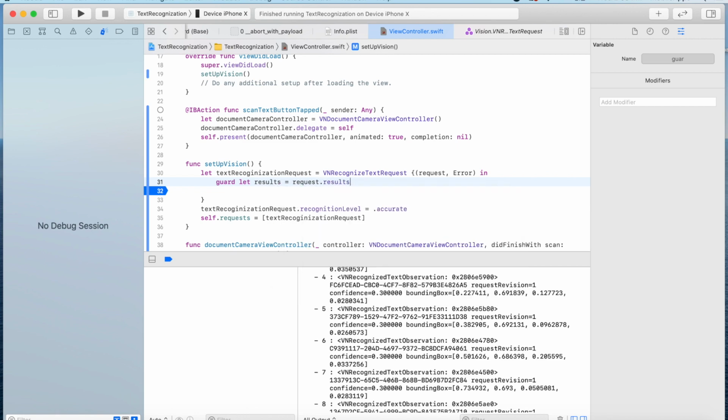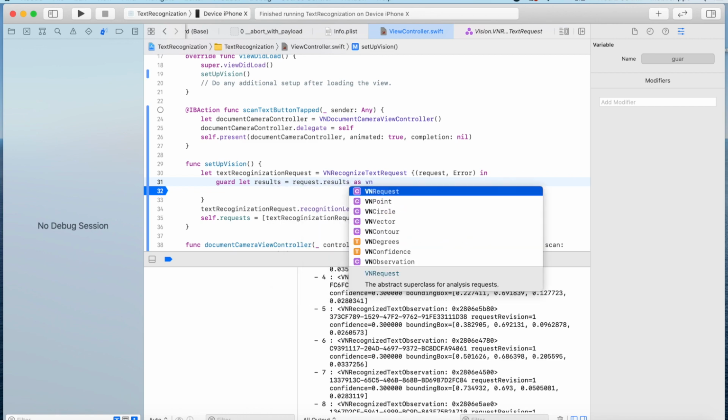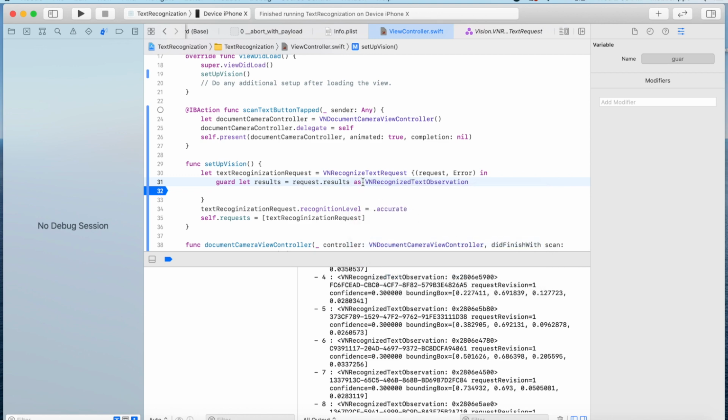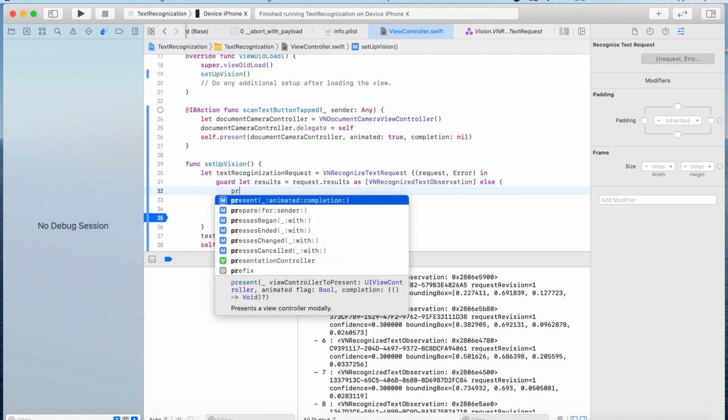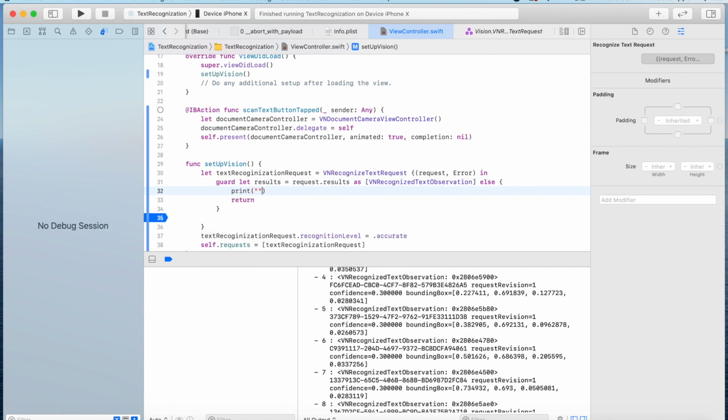So I'm creating a results object from request.results, which is of type VNRecognizedTextObservation. So this is an array of objects. Now we are going to iterate this array and get each and every observation.